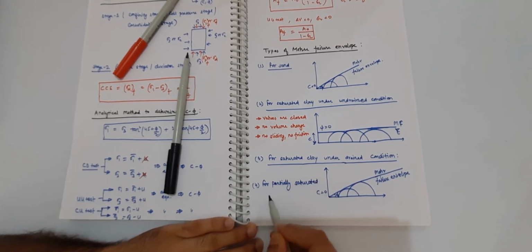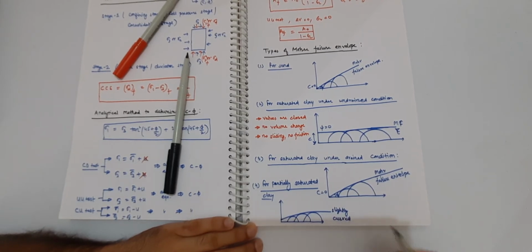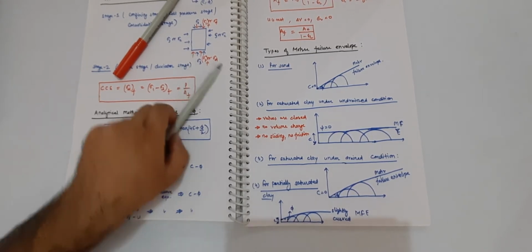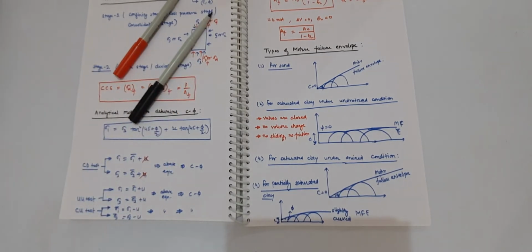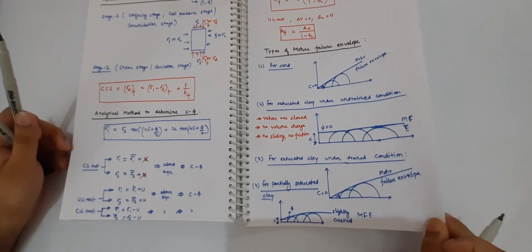For partially saturated clay, the Mohr circles will not be of the same radius, therefore we'll get a slightly curved Mohr failure envelope, which will give cohesion as well as phi. Therefore, one more important term which has to be discussed